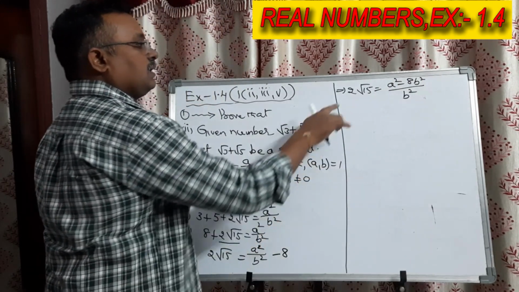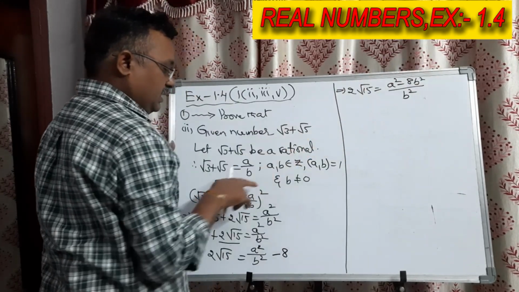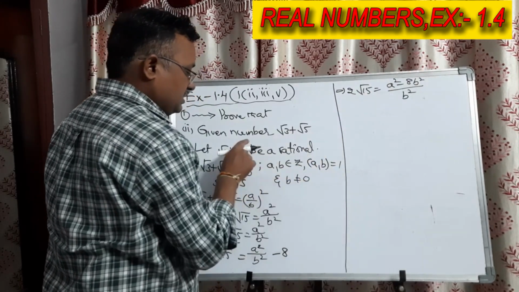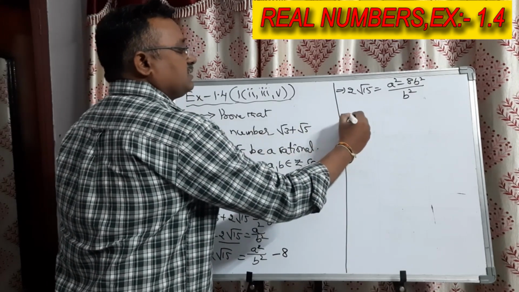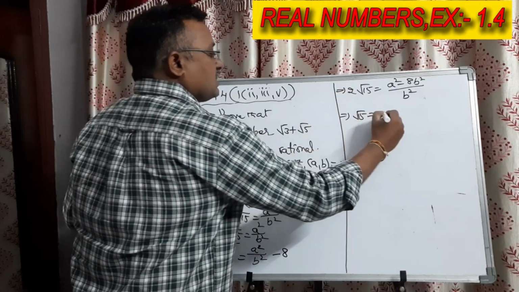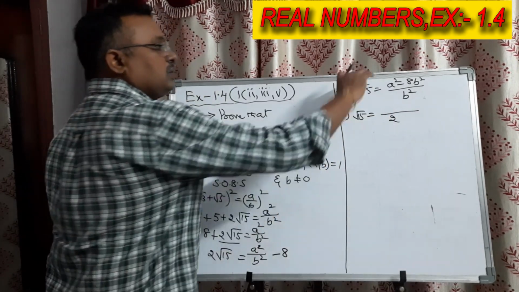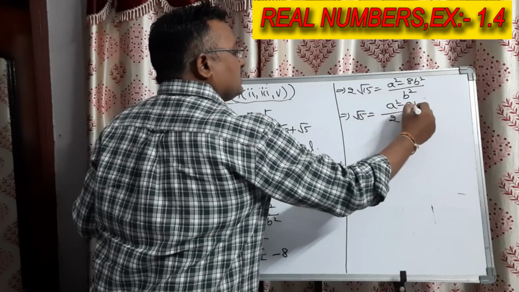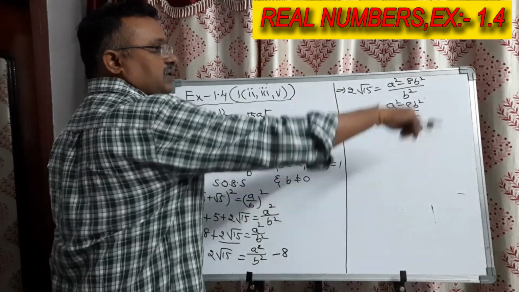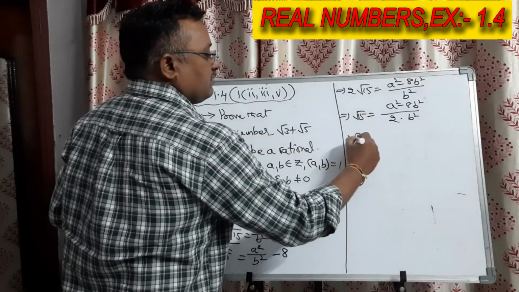Clear? That's it. Now 2 is again rational. Sorry, the right side is always rational because a by b is rational. This implies root 15 is equal to, 2 is coming to the right side, so it comes in the denominator form to the already existing value a square minus 8b square by b square. Got it? The multiplying value will go to the other side to divide, it will just divide the right side value. Therefore the left side is irrational